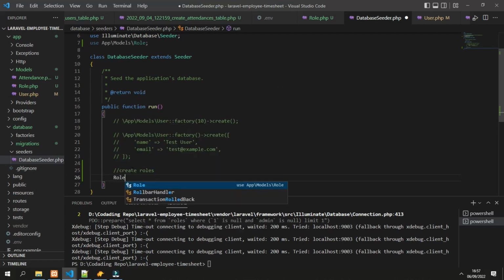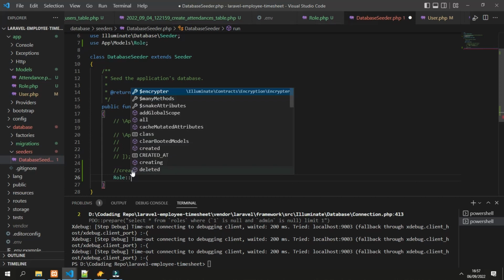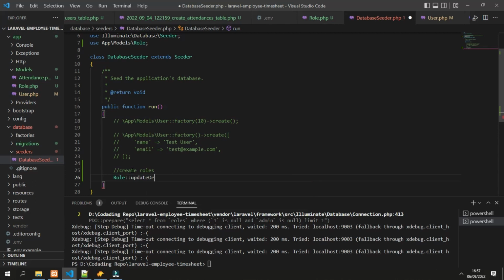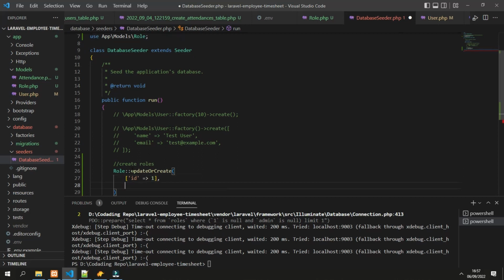To do that we type Role update or create. This method takes two parameters. The first one would be ID, and the second one would be the name.